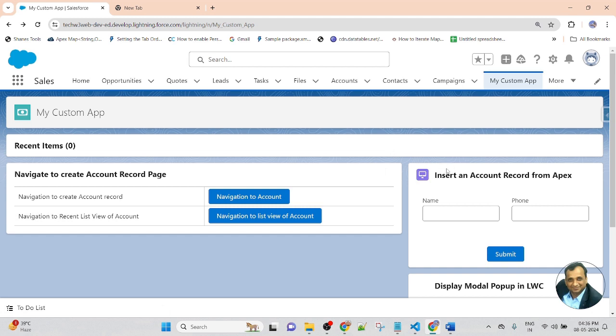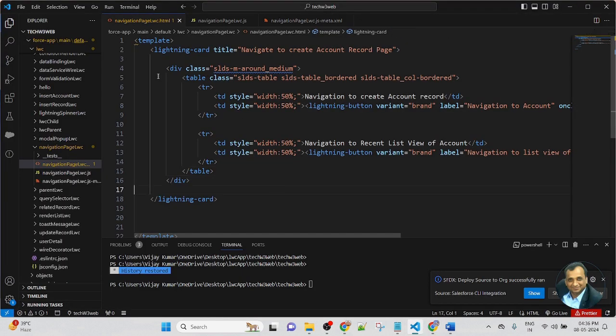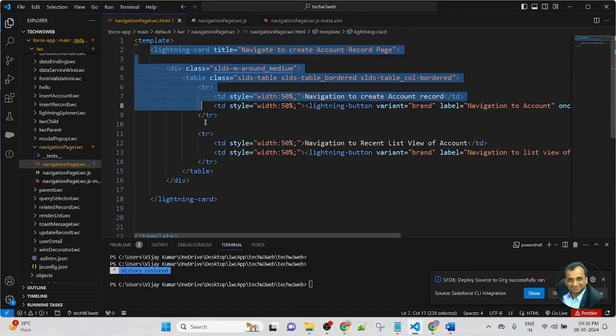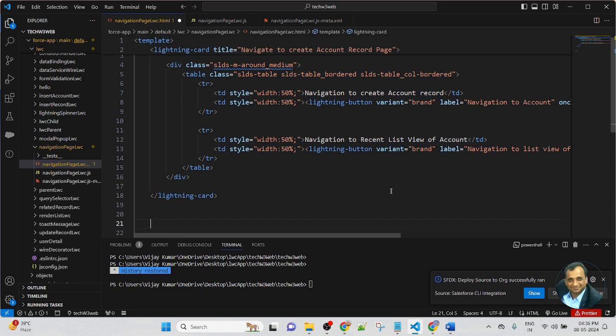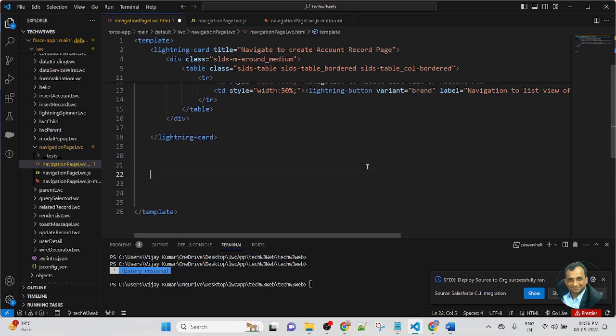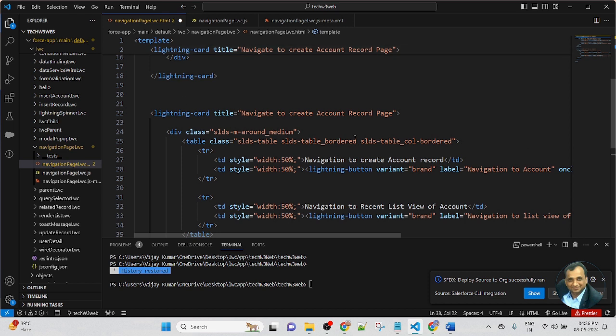First create a button and a function that runs on button click. Let me copy this lightning card and paste it below the lightning card. I will change the title to navigate to home page.